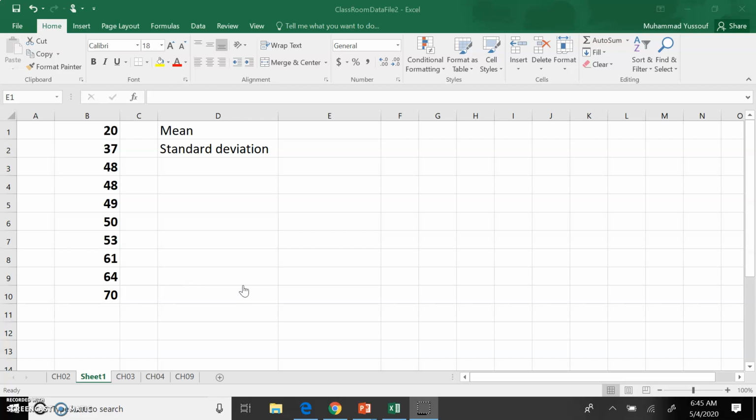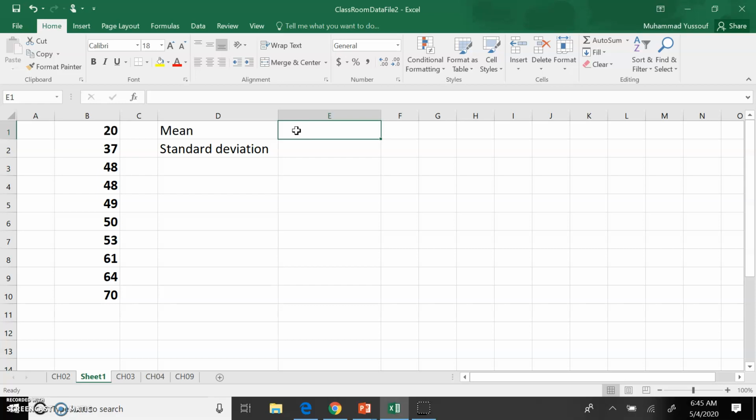So here we are in Excel, and let us suppose I have this data set. These are the data values, and I am asked to compute the mean and the standard deviation by using Microsoft Excel. There are several methods we can use. Remember, in Excel, one task can be done in a variety of ways. This is not the only way of computing the mean and the standard deviation, but let me tell you the